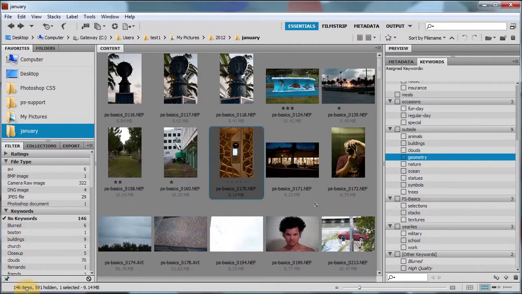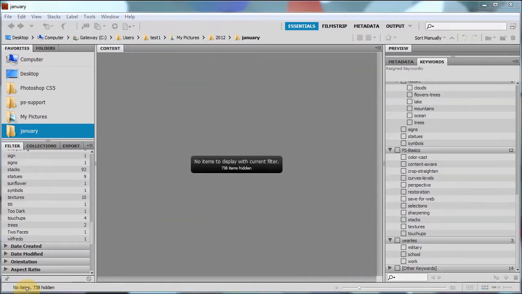So let me pause it here, and I'll apply the rest of the keywords now, and then I'll show you the search and find. Okay, I've assigned all the necessary keywords, as you can see over here, but something else